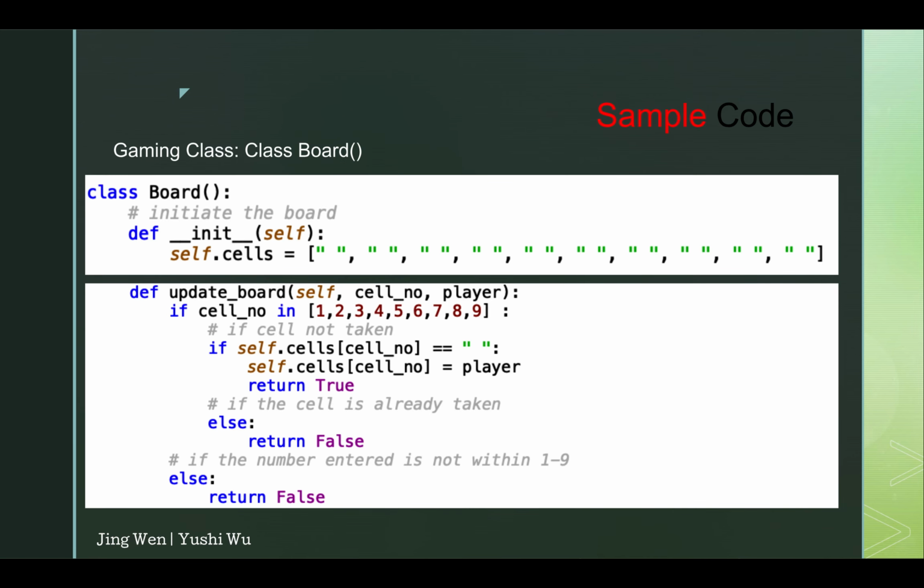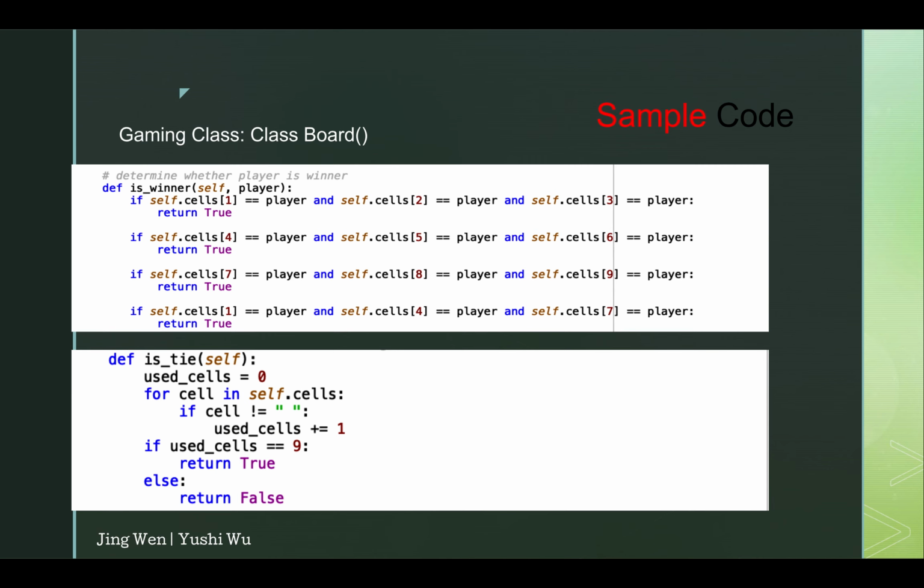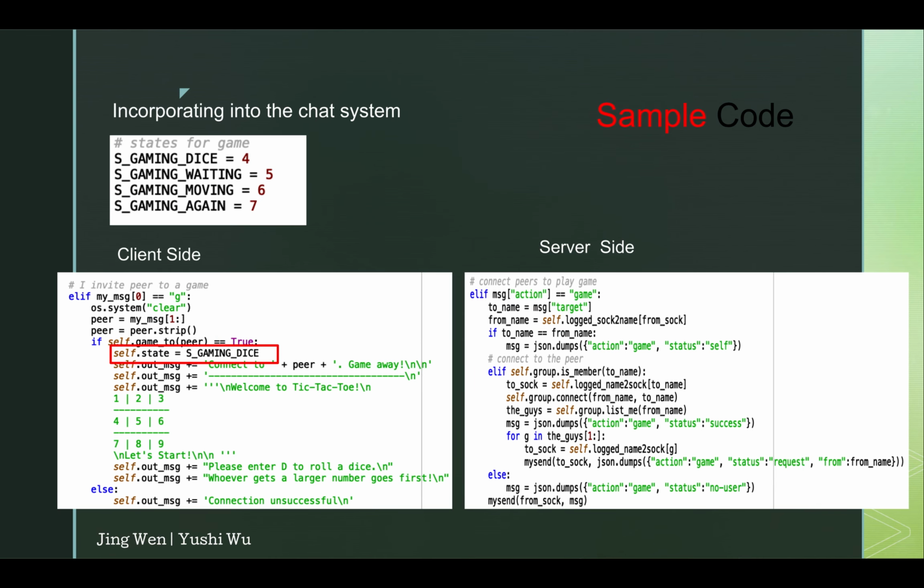Here's some code. We have a new gaming class where we initiate the board, we update the board, we determine who's the winner or whether it's a tie, and then we incorporate it into the chat system. So here it shows how to connect Pierre and I in a game.